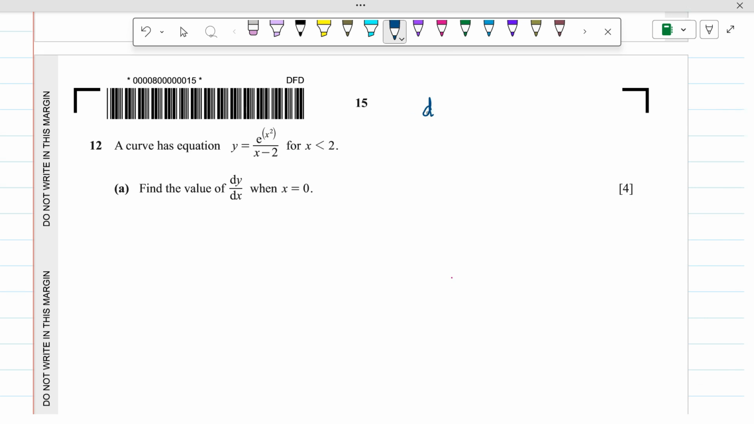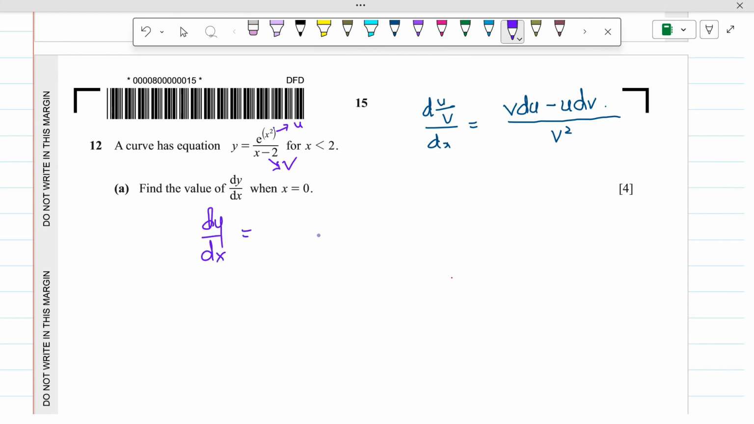equation has the numerator and denominator both, so we will apply the quotient rule, which is dy over dx with respect to x is equal to, in the denominator we will have v square, in the numerator v is the same, and derivative of u minus u, then derivative of v. So in this case this one is u and this one is v. So dy over dx is equal to, in the denominator we will have v square, so v is x minus 2,